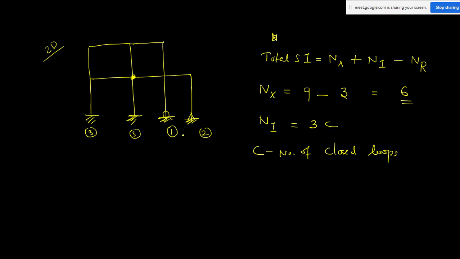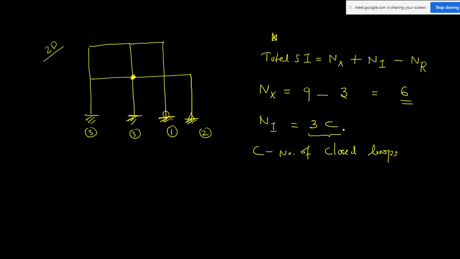Sir, I think you took all supports as fixed, no? Just because we don't have much time to do the different ones, that is why I gave the different supports. So this Ni is 3 times C. The thing is, if you remember this equation, you will be able to solve it.